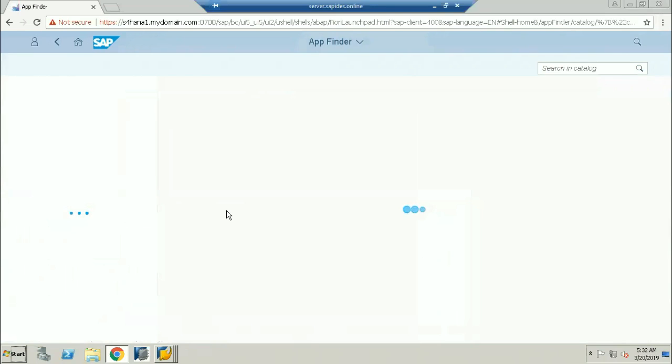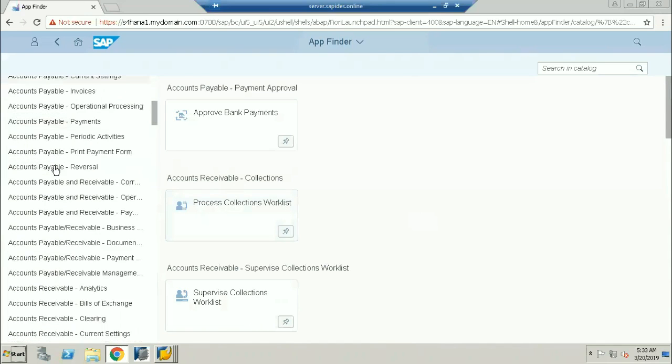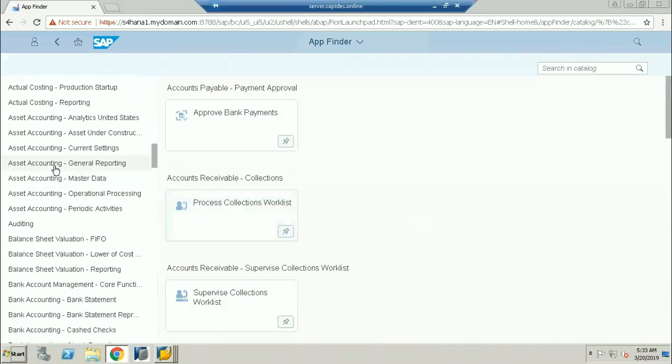That app is not available in the list which has been provided to me, but I want to find out whether the app is available or not. Now you can see on the left-hand side these are the apps which are available.